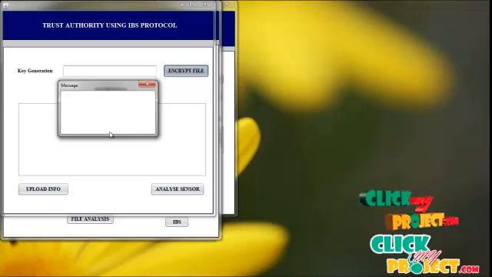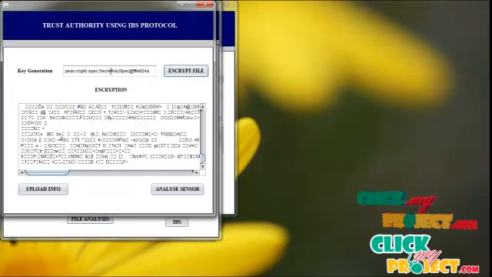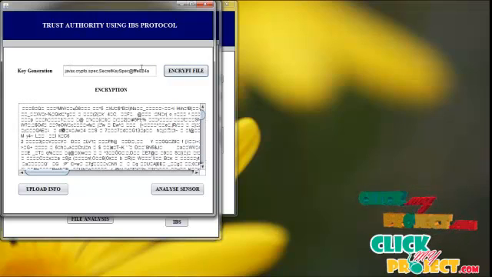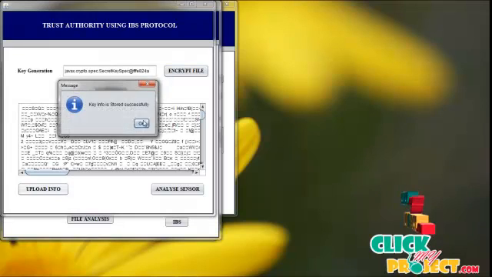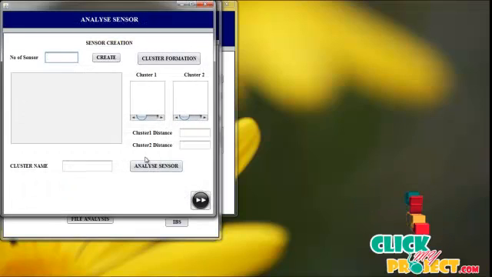Now the encrypted file is created successfully. The public key for each encrypted input file is randomly generated based on file size and uploaded into the DB. The key information is successfully stored in our database, and click apply sensor. Now we have to create the sensor node, cluster based sensor node